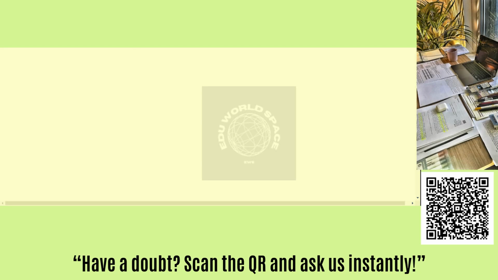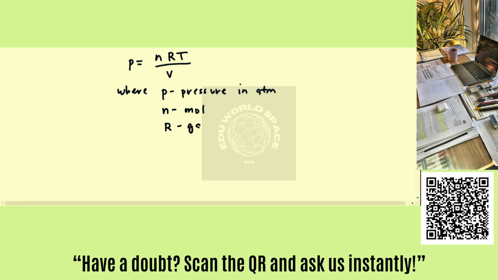Good day. The topic is about gas law related with stoichiometry. We note that the ideal gas law is given as P equals nRT over V, where P is pressure, and if this pressure is in atm, we have moles as n and R as the gas constant, which can take on several values depending on the combination of units of pressure, volume, and temperature.